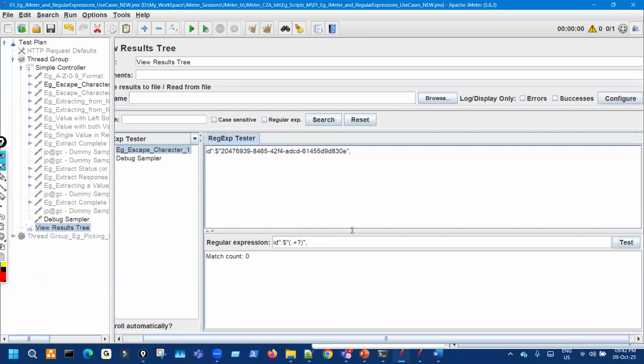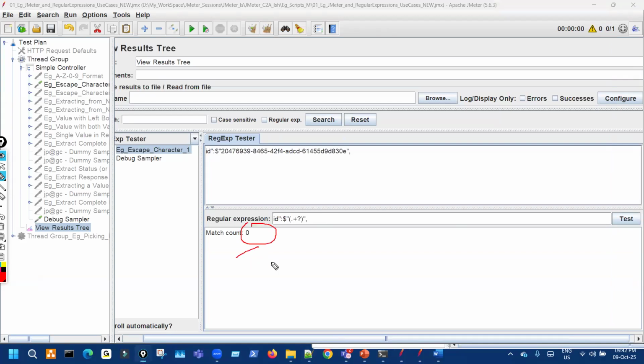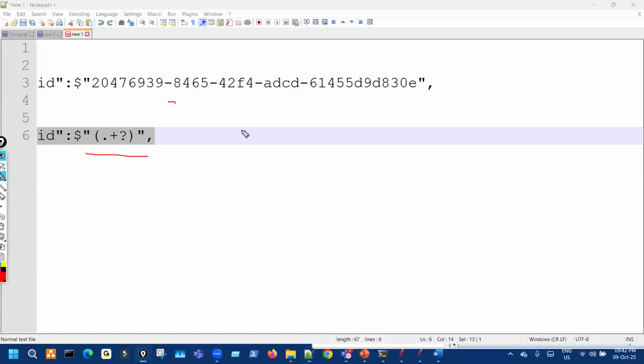So if you see, it's not working. Zero match count. Okay, so what is the problem? Everything is correct. Everything is correct in the extractor. Everything is correct, right? So why is it not working? So see what happens. Remember, when any of the meta characters is there in the left boundary or the right